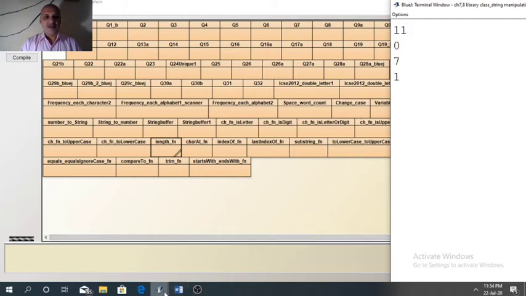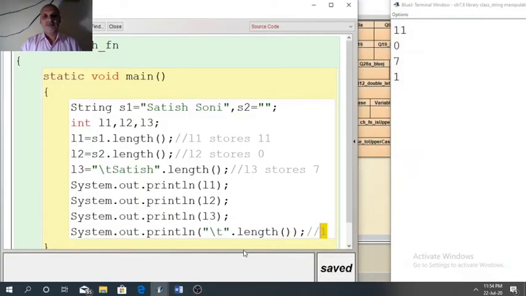So you can see the result. Eleven is the length of S1. 0 is the length of S2. It means blank, so 0. L3, slash T Satish. Satish has 6 characters and slash T is 1 character, so 7 is the value of L3.